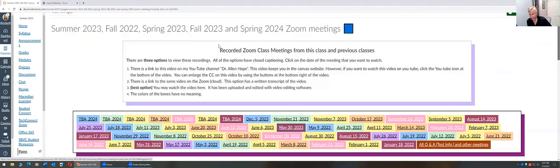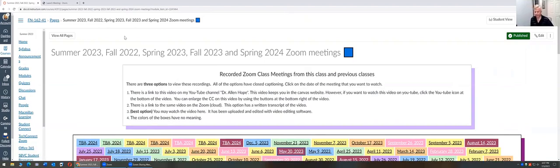Oh, I know what it is. I haven't transferred all this data from the previous class to this. So I actually need to do that. But anyway,